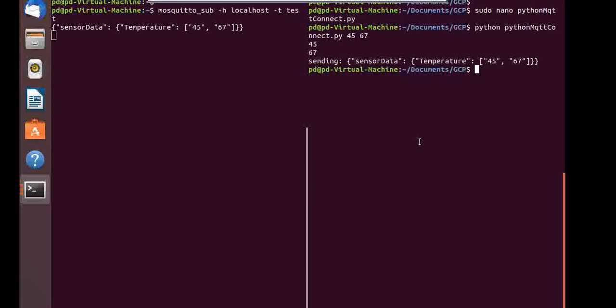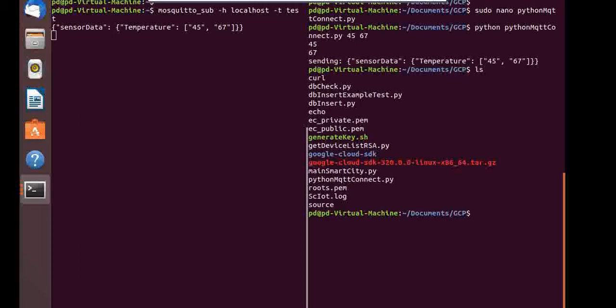So for the database part, I will show two programs basically. One is my program which will insert data, and the second program will show the data.